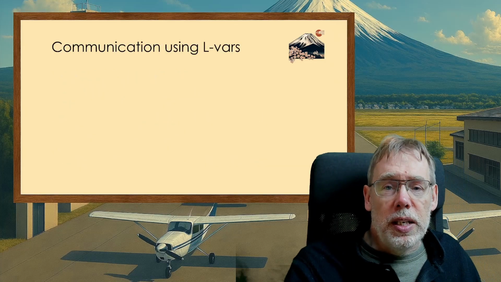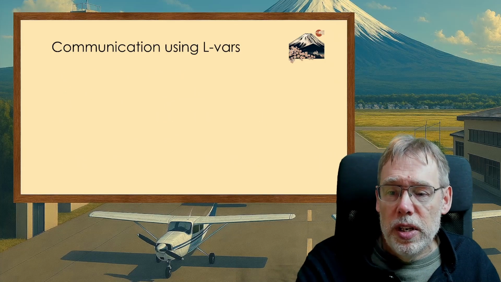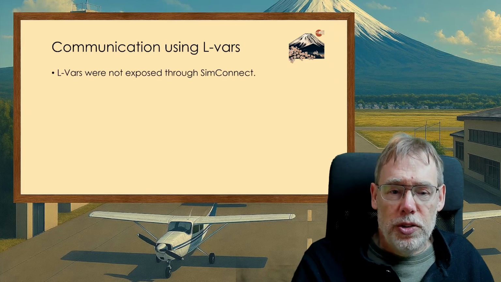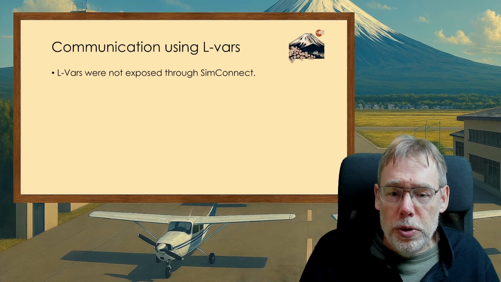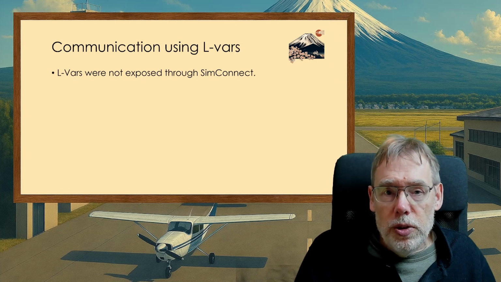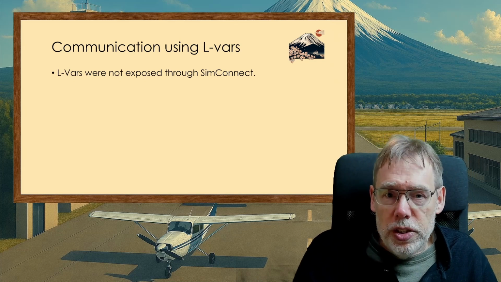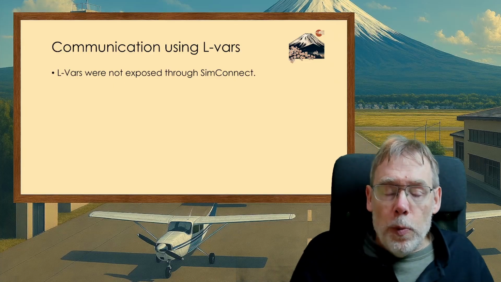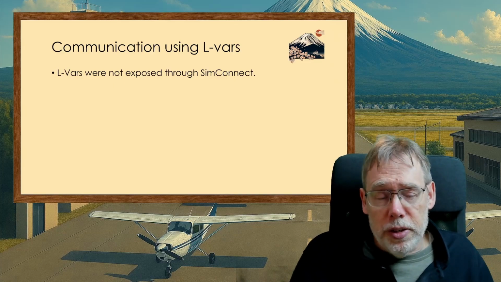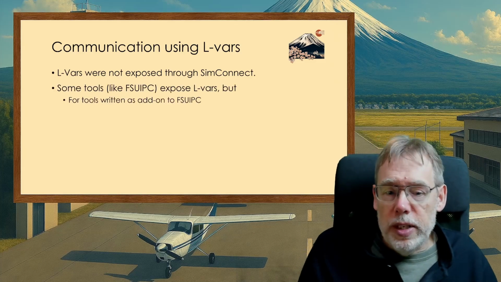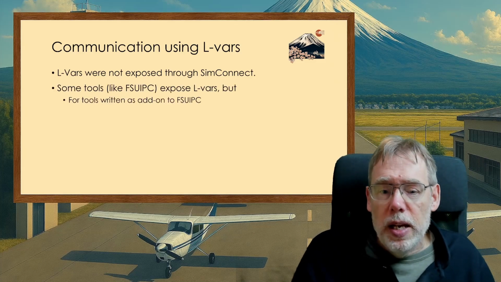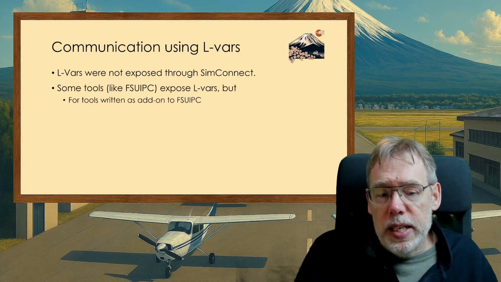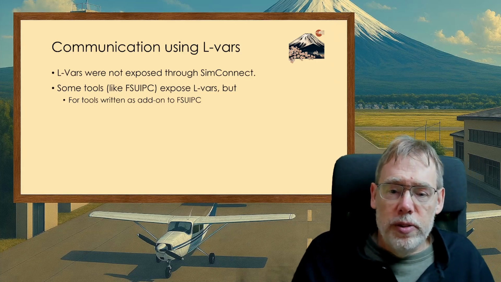Now, communicating using those L-vars had a very big restriction, which was that they were not exposed through SimConnect. So you had to write a gauge, either an XML or a DLL gauge, and that way you could get at the L-vars. Some tools like FSUIPC expose those L-vars, but mostly it is done for add-ons written as part